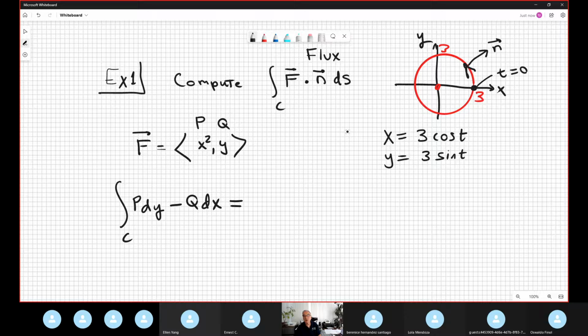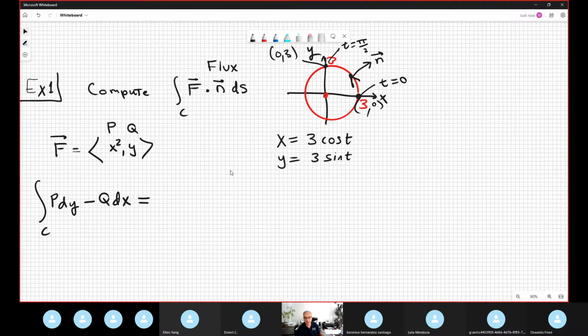And t equals pi over 2 is this point, because at pi over 2 cosine is 0 and sine is 1. So that point is (0,3), and t equals 0 is (3,0), because cosine 0 is 1 and sine 0 is 0. Cool. Now